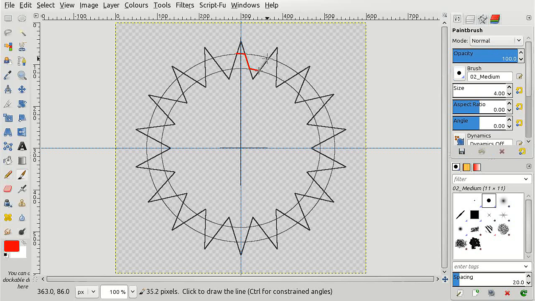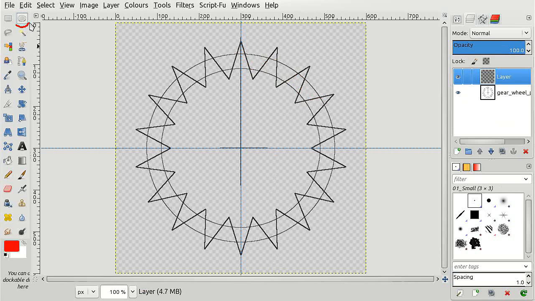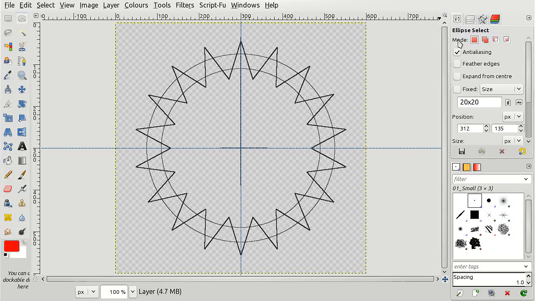And we could, using the paint brush and shift to constrain the lines, draw in a nice gear shape as the original tutorial. But what I want is something more around it, so I'm going to use this elliptical select, and looking at the properties of it, I'm going to expand from the center and have a fixed aspect ratio for this, because